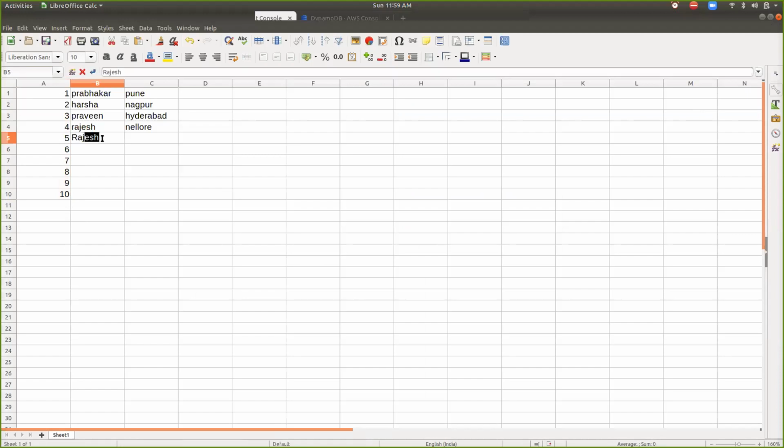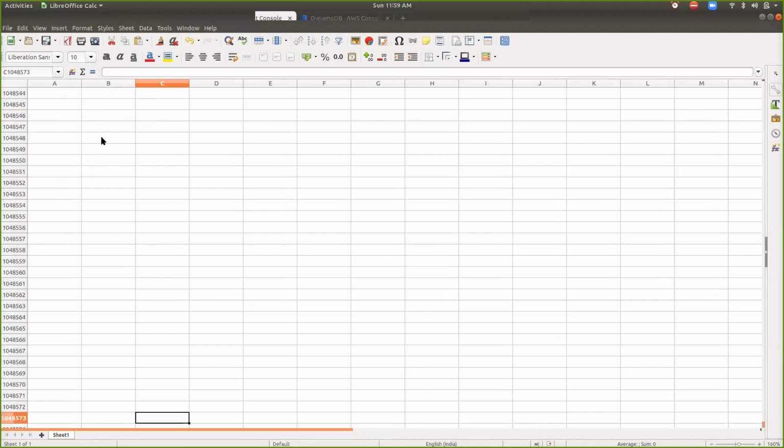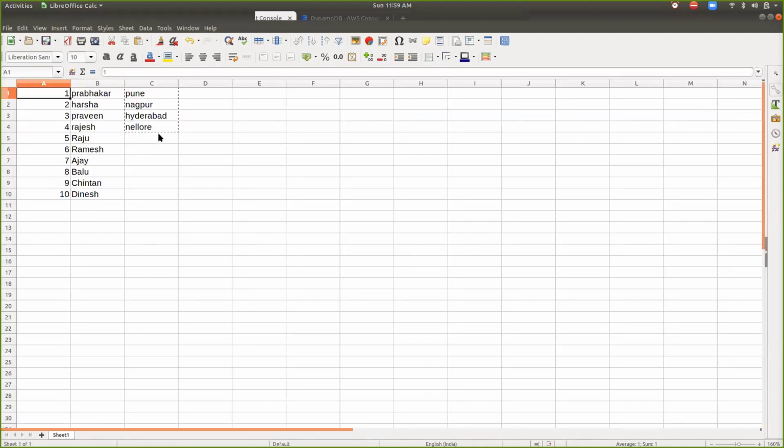Here I'm using names like Raju, Ramesh, Ajay, Balu, Chintan, Dinesh. And I'm using some random cities, for example, Nashik and Mumbai. So these are the set of entries I'm adding.